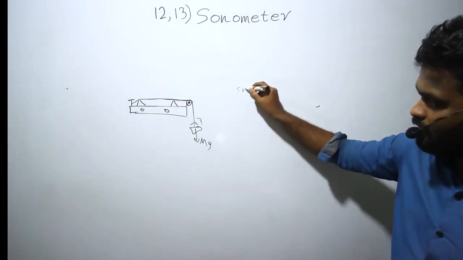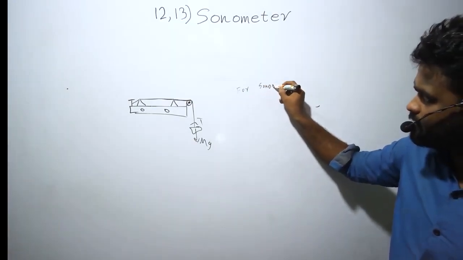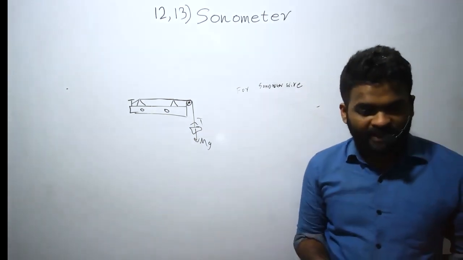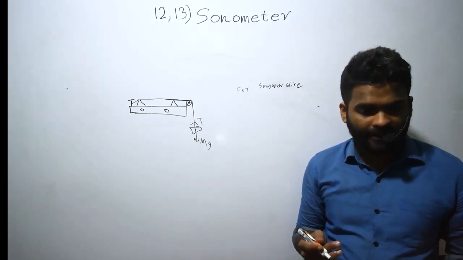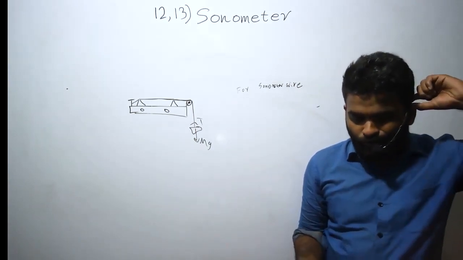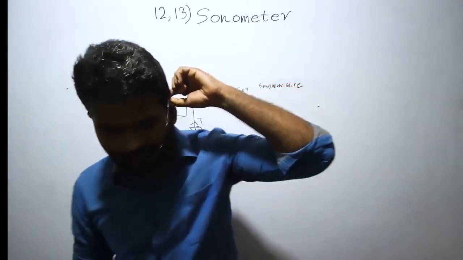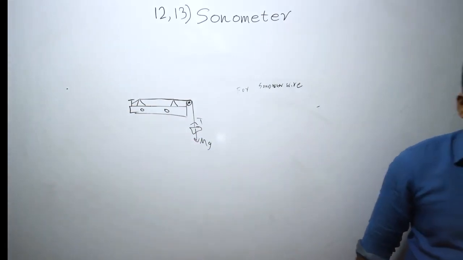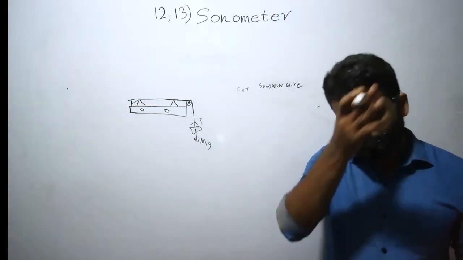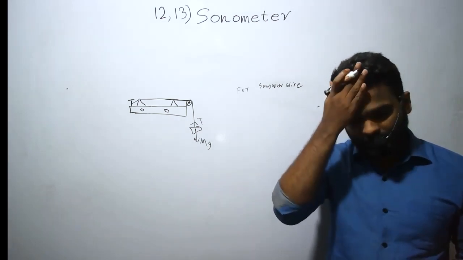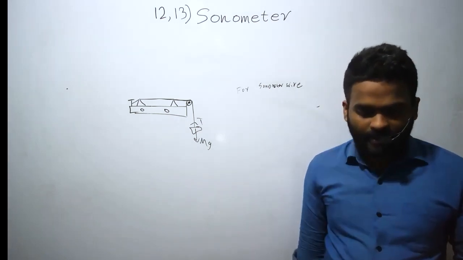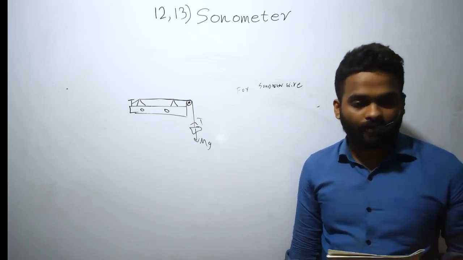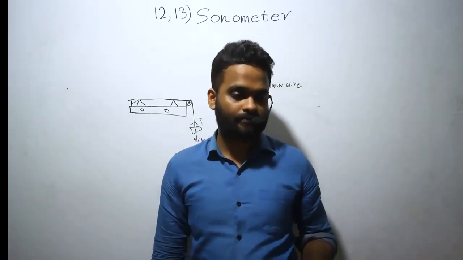Write down for sonometer wire between pegs when it makes a standing transverse wave at fundamental resonance frequency,